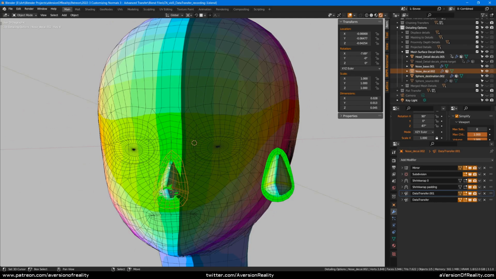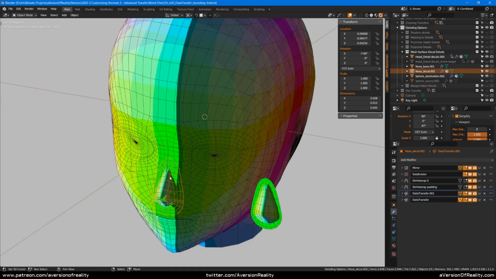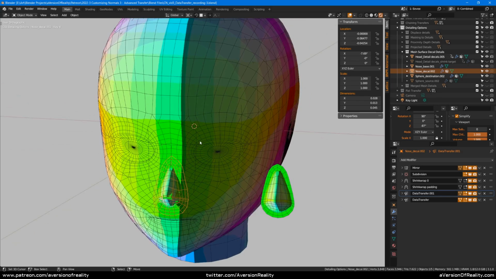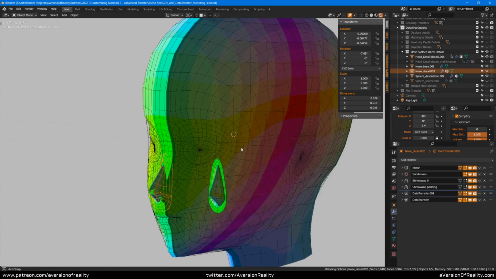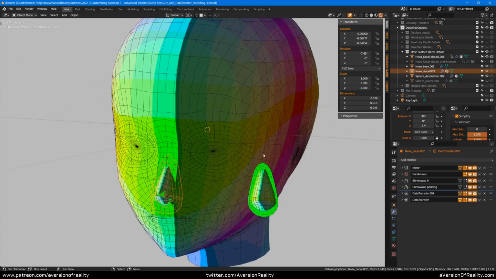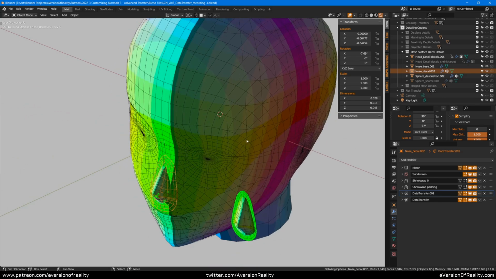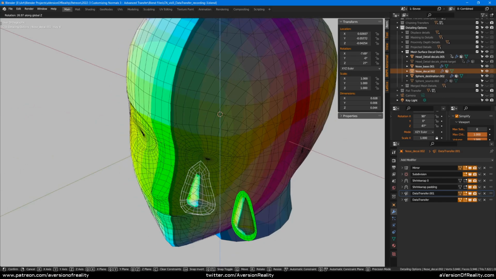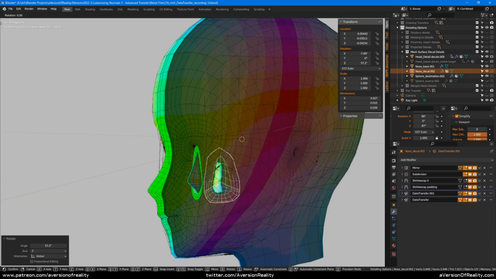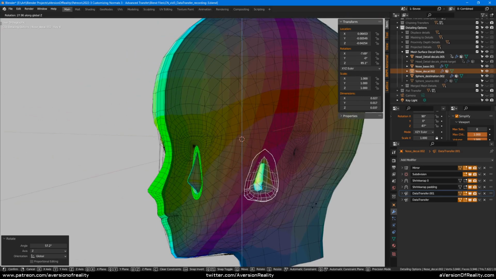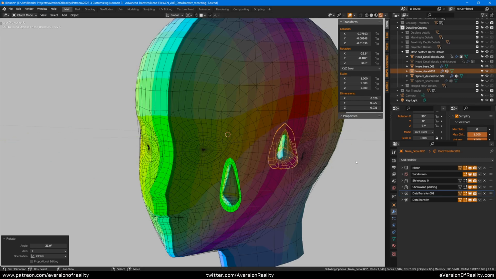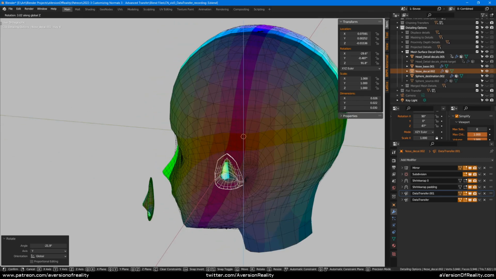But what if this decal was not a nose? What if it was some other feature and it needed to wrap around the head or be on the side of the head? Let's simulate that by taking this nose, and I'm going to move it around the head. And it's going to get pretty mangled because it's just shrink wrapping to the surface. But we'll still be able to see the problem I want to show you, which is, even as we get around here, this should be fully shaded now.